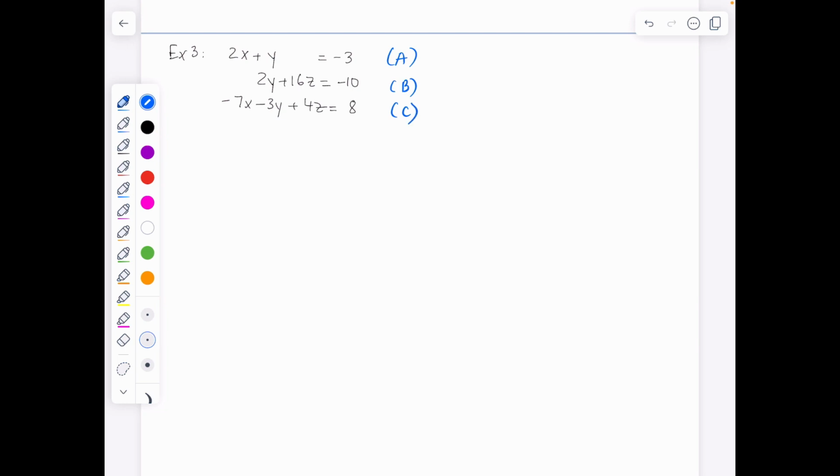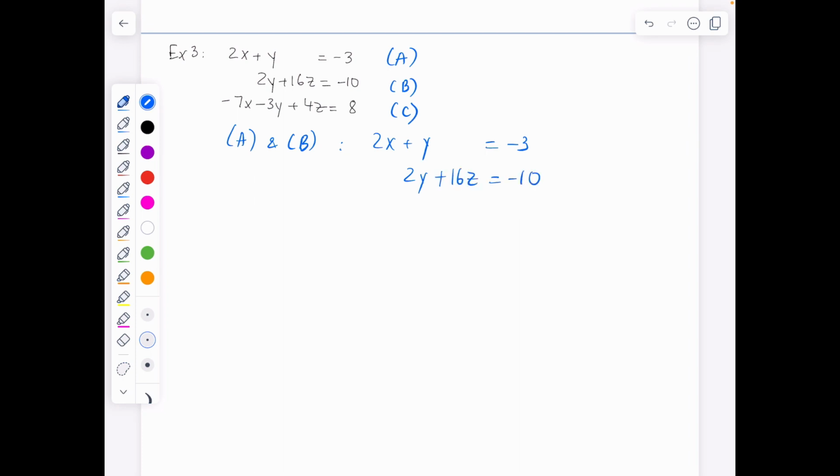You probably already noticed that some of the equations are missing a variable. The equation A is missing variable z, and equation B is missing variable x. But no worries, we are going to focus on the variable that they do have in common. So let's say I pick the equations A and B. The variable that they have in common is the variable y, and that's what I am going to try to